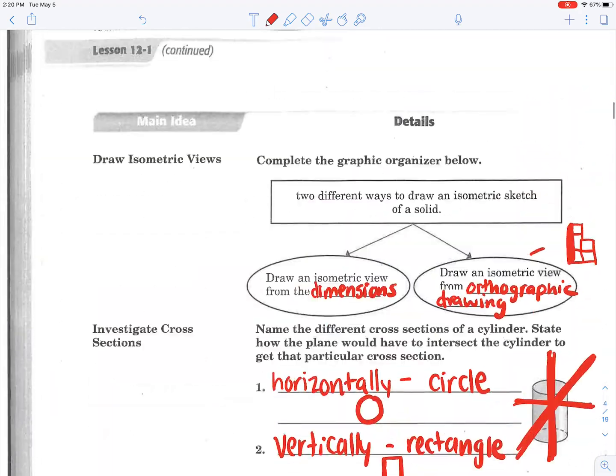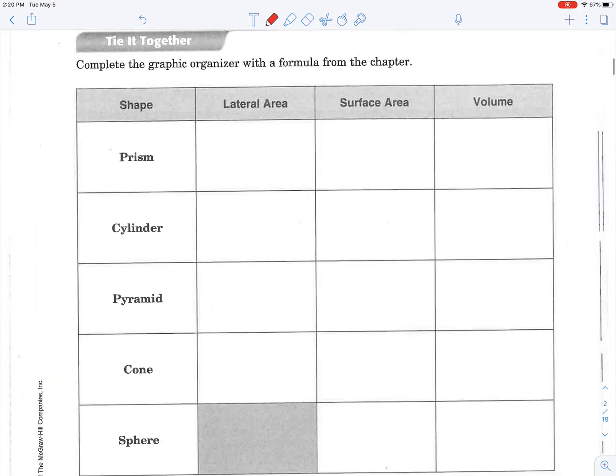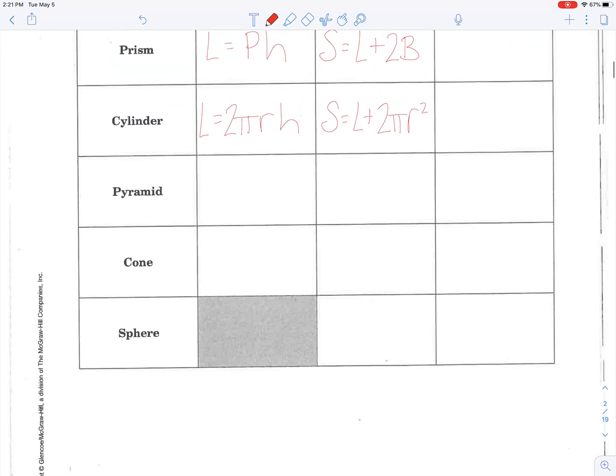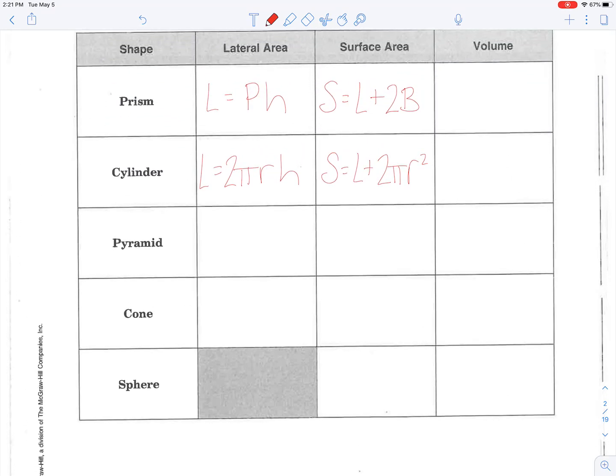Okay, so let's go back to the front page of notes and we can fill in our couple formulas. Lateral area is perimeter of the base times the height. In a cylinder, the perimeter of the base would be 2 pi R times the height. Surface area is the lateral area plus 2 times the area of the base. In a cylinder, it's always pi R squared. Alright, so at this point, you guys can work on your 12